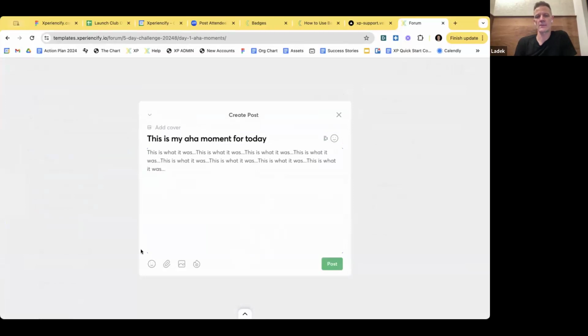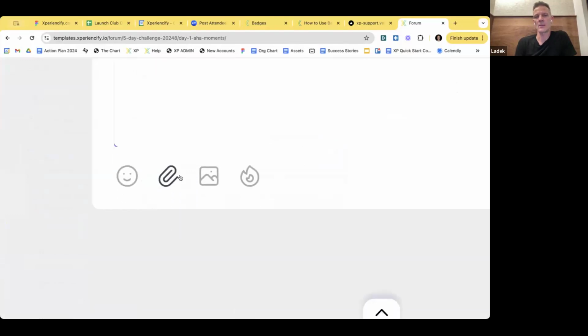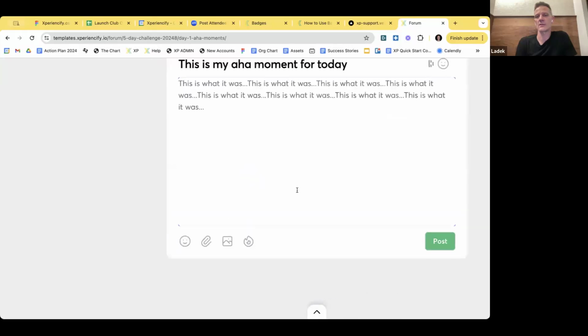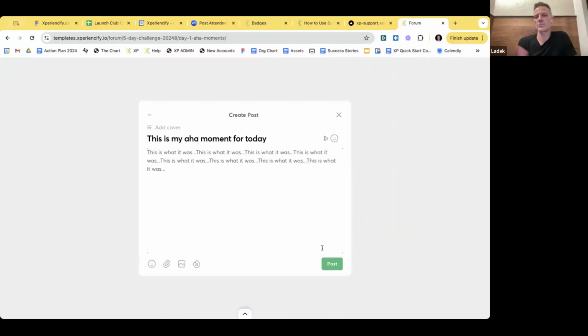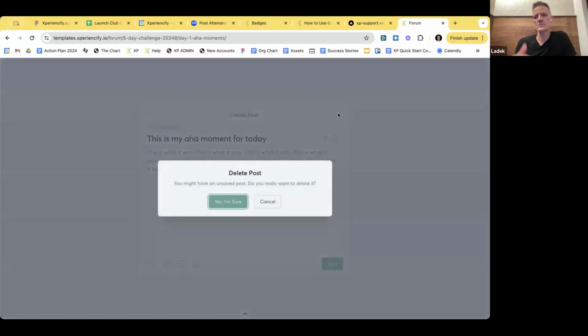The forum also has the ability to upload documents. So I'll zoom in there. You can upload things like a document or a file from your computer. You can add an emoji, you can add a picture, etc. You can add a GIF there as well. And then when you click on post, it'll post it to the forum. So that's another way